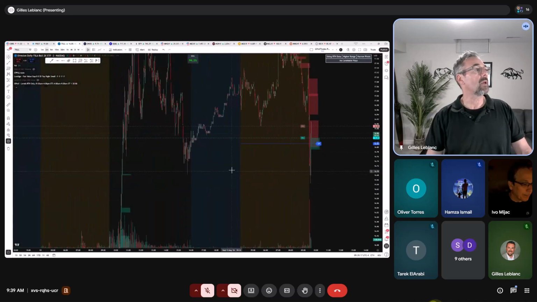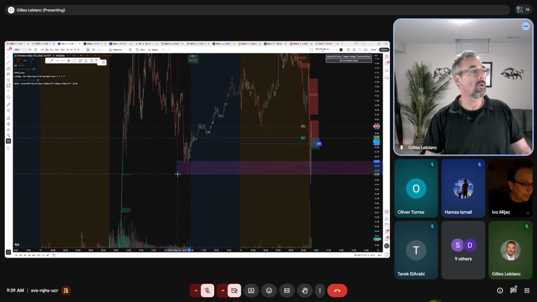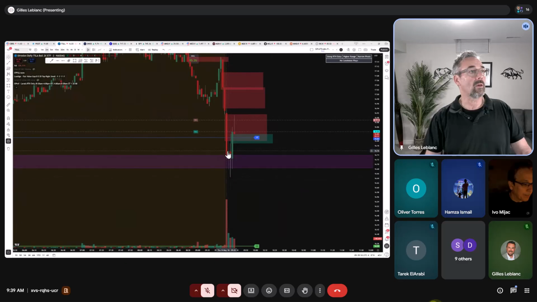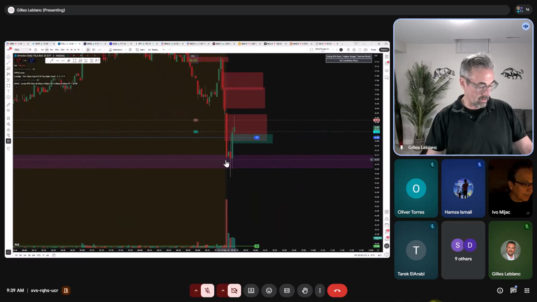And let's look at it over here. We've got an area of liquidity down here. Did it take out this low right here? Yes, it did. And what did it do after? It put on a wick, and now it's bullish from there. So this area of liquidity here could have been a good entry.